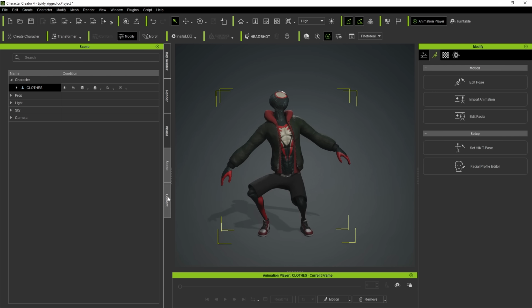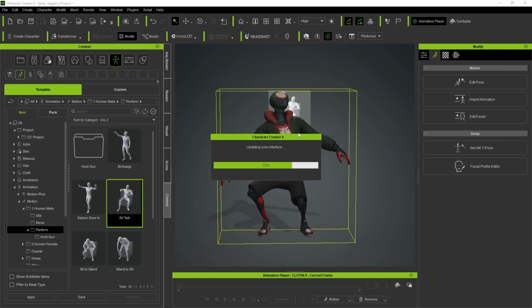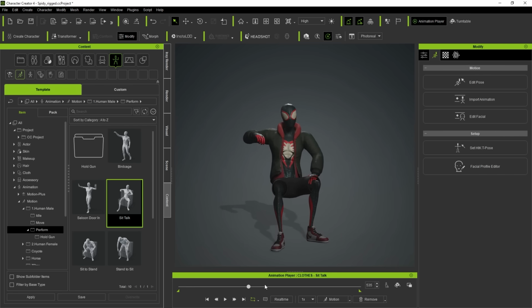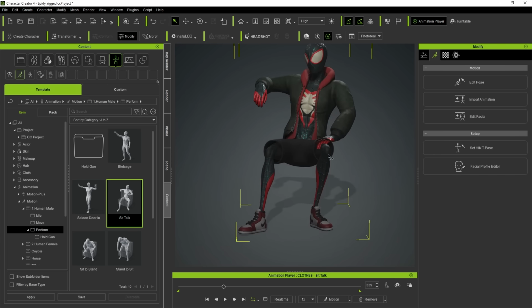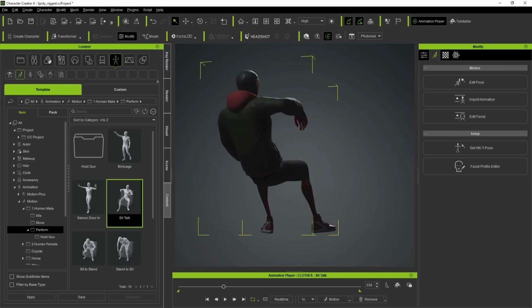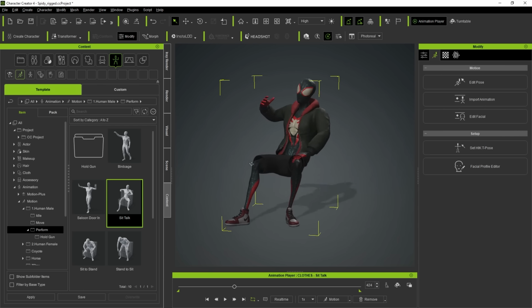So actually, I'm going to go into Content, and in here in the Motion section, I'm going to drag and drop this animation. There we go. I can just go ahead and play it like so. So we can do something like this, and I think this is working fine. There's a little bit of intersection obviously in this area, but we can fix that later on. But this is a nice pose, relaxed sitting. So once I'm happy with this, maybe you can scroll a little bit, maybe he's talking like so, something like that.